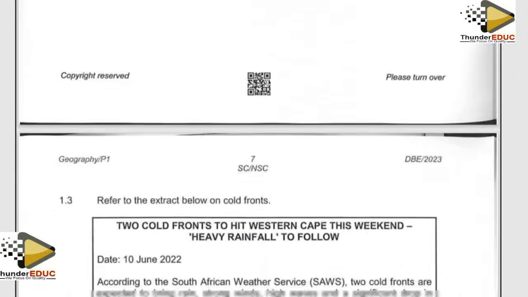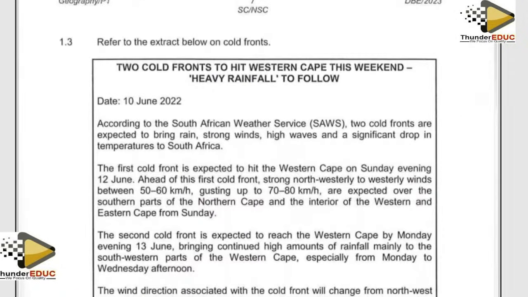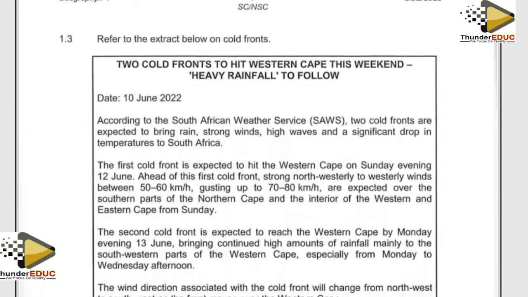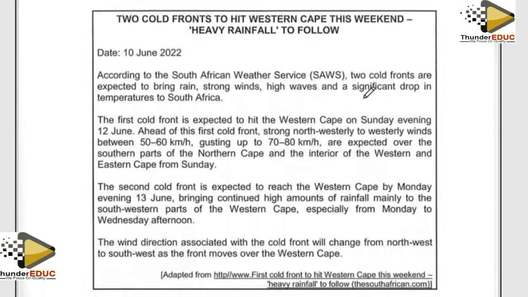We go to the next question. The next question is a text. The text given here is the 2 cold fronts to hit Western Cape this weekend. So we have the date here, the 10th of June, 2022. And then they show us that according to South African weather, 2 cold fronts are expected to bring rain, strong winds, high waves, and significant drop in temperatures in South Africa. So the first cold front is expected to hit the Western Cape on Sunday evening, 12 June,